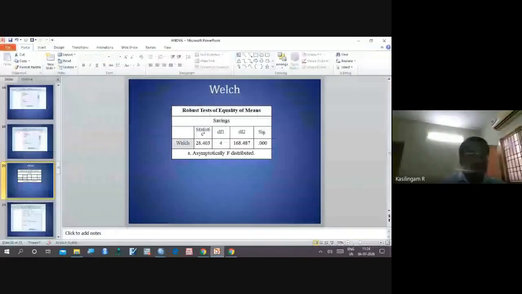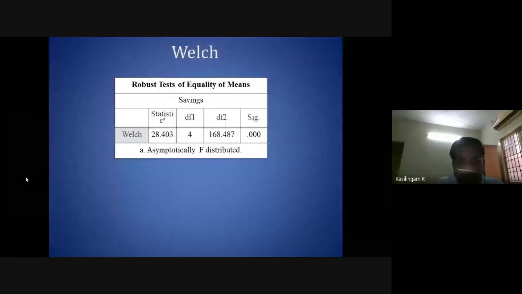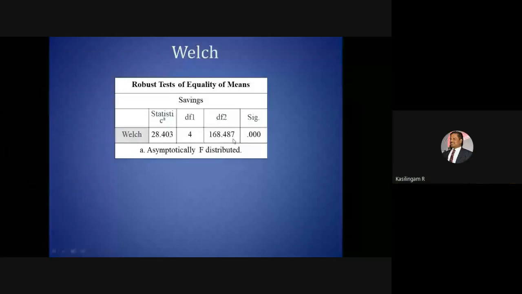Now, this test output. Here also we have to see the significant value. This is like ANOVA, like the independent sample test. Instead of ANOVA we are using the Welch test, but the interpretation is similar to ANOVA. In ANOVA, less than 0.05 means there is a difference.